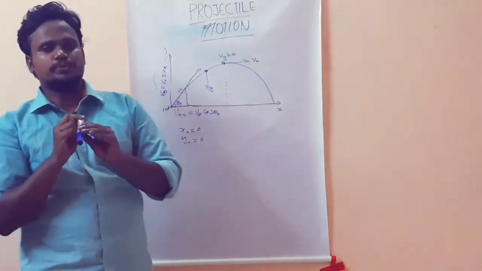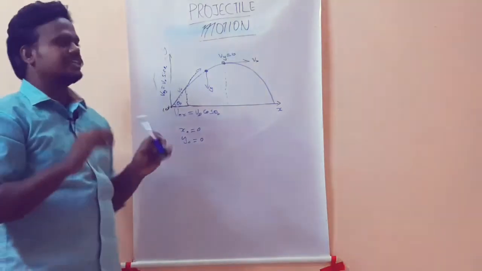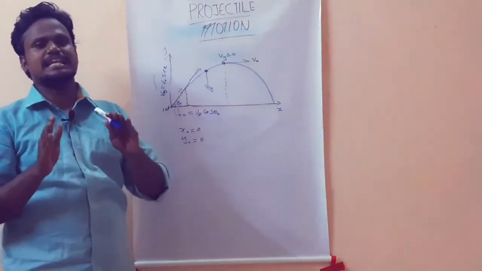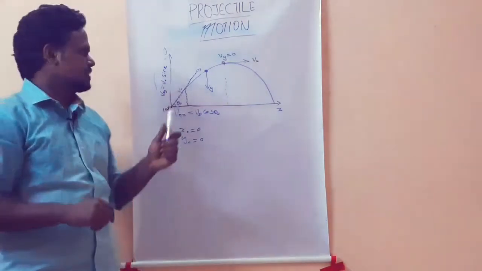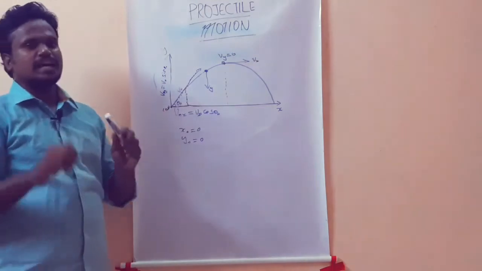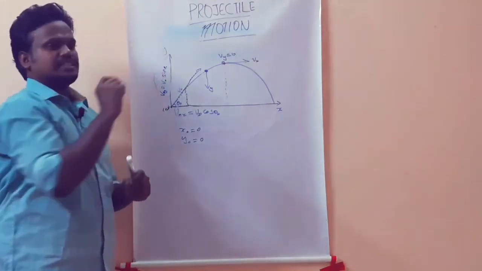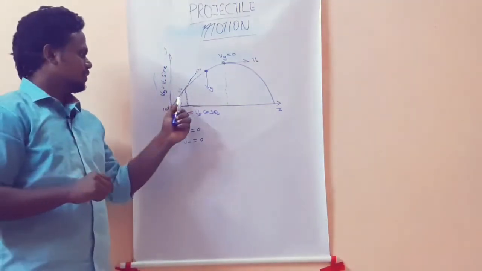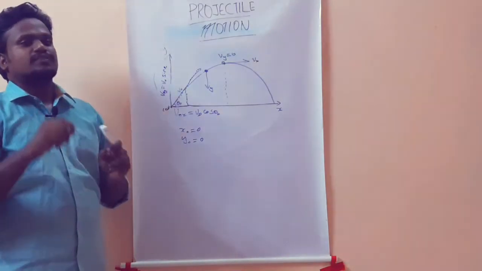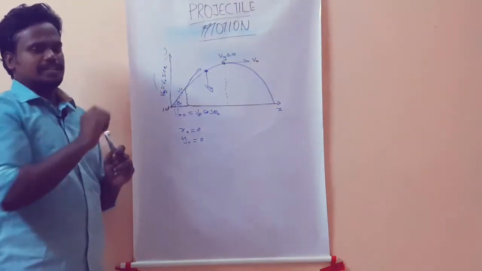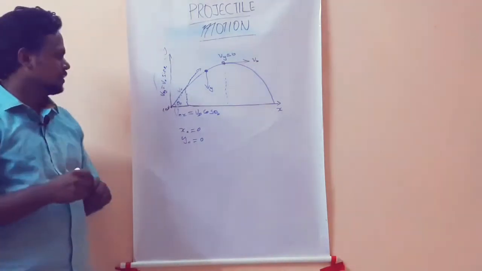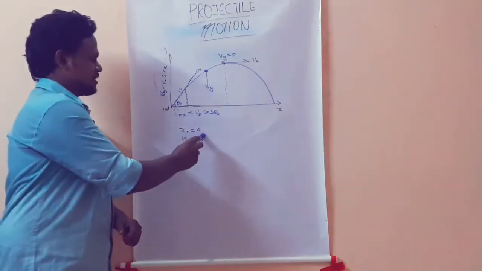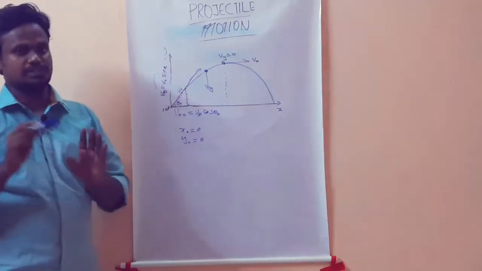Now we are going to specify the initial position, initial angle of projection and initial velocity, right? So the initial angle of projection be theta naught, and the initial velocity of the projectile is v naught. We are projecting the projectile from the origin, that is x, y equal to 0, 0. So we write the initial position x naught equal to 0 and y naught equal to 0.